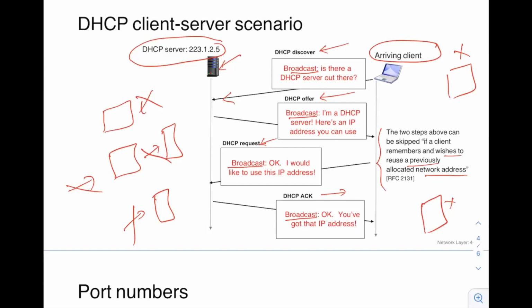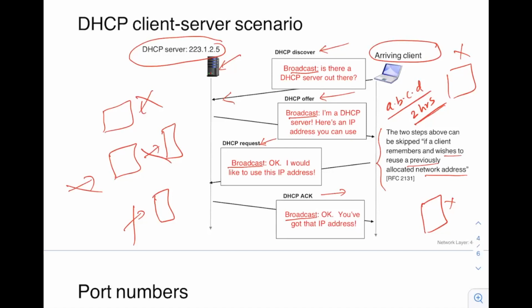Now, let's say that the arriving client has got the IP address, let's call it A.B.C.D. This is the IP address of the client, and this is for, let's say, 2 hours. The lease period for this IP address is 2 hours. Now, after this lease time of 2 hours expires, the client again wants to get an IP address. So it has the option. It can renew this same IP address, A.B.C.D, or it can get a new IP address.